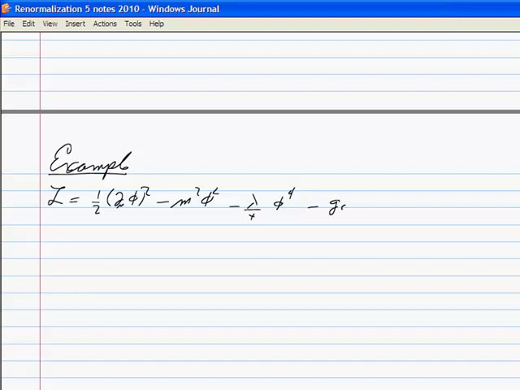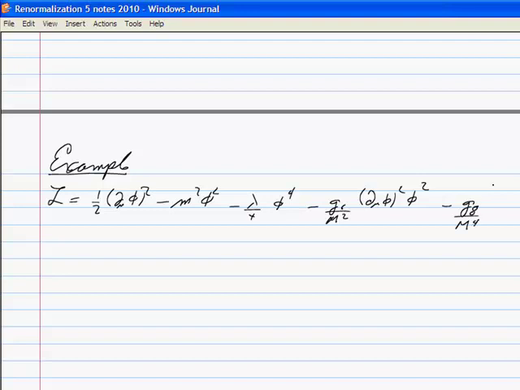Let's put in g6 over m² (∂μφ)² φ². Okay, and then I'm also going to add, just because I'm going to need it in a minute,